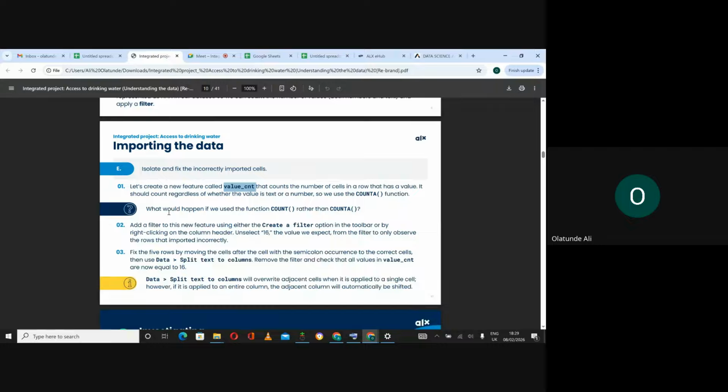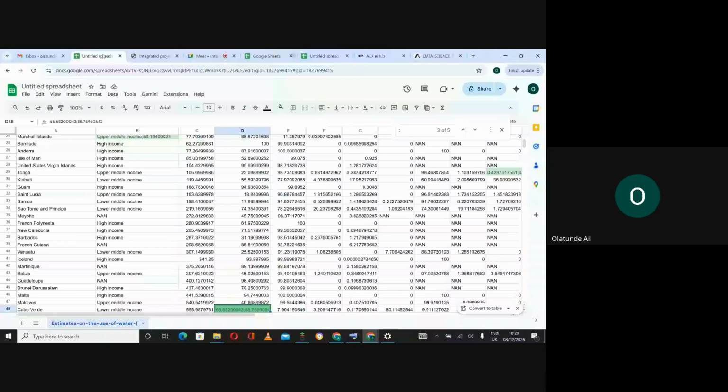All right. So they're asking us what would happen if we use the COUNT function rather than COUNTA. So let's go back to our data set. So this is our data set. We had to create